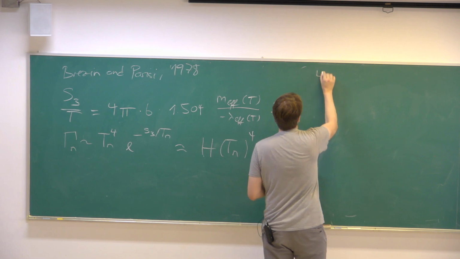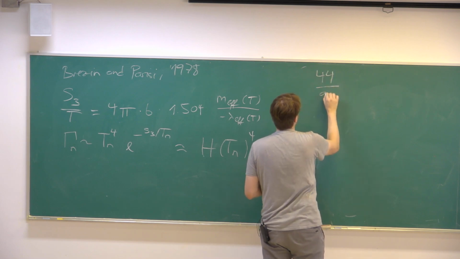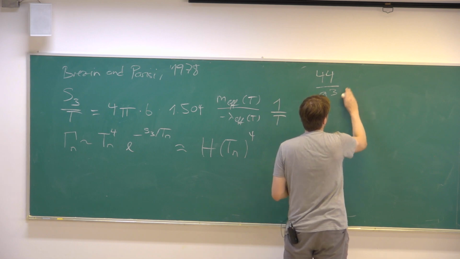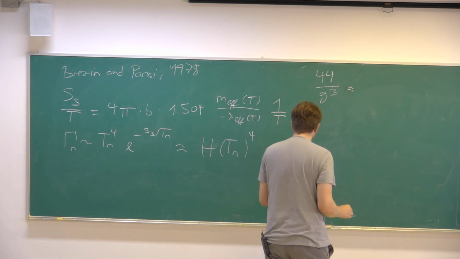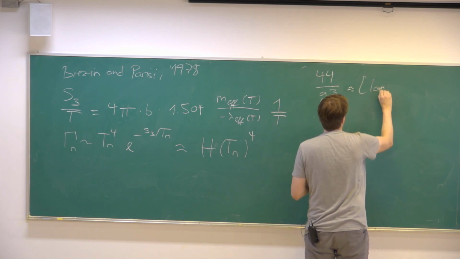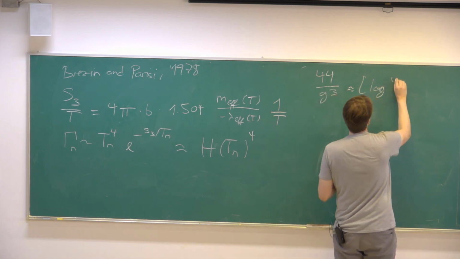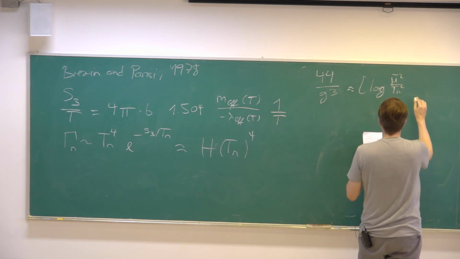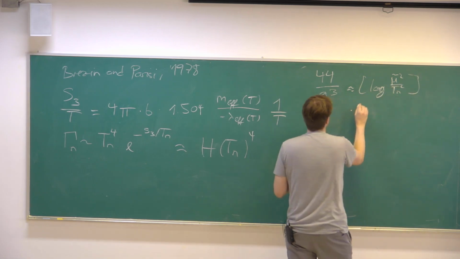It goes like this: 44 over g cubed has to be approximately equal to the log of mu squared over Tn squared times the log